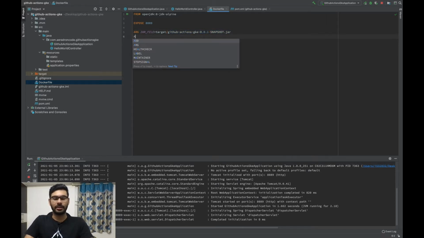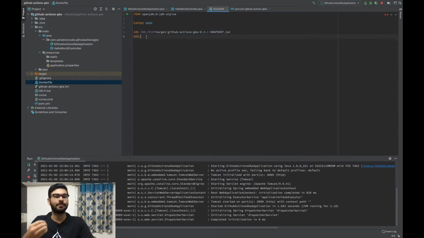So we need to add this jar file that we created. This is the default parameter that we are providing if there are no build arguments provided. If you want to change the target snapshot or the target jar file that is being executed, you can give the argument during the build time of the Dockerfile. We'll see that when we write the pipelines.yaml file. So we want to add this jar file into app.jar so that it's easier for us to execute it.